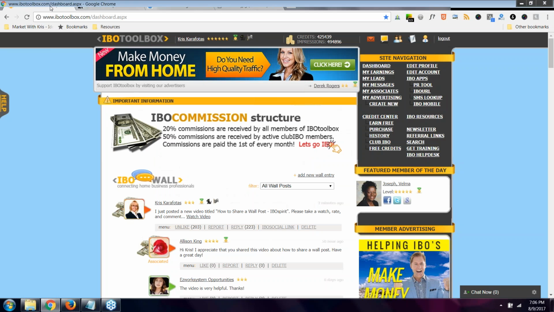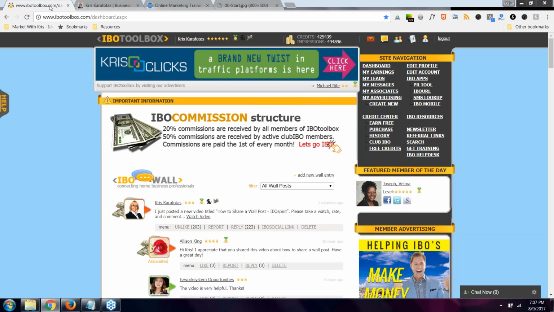IBOtoolbox is a constantly growing business building platform, and it protects its members in a safe haven environment for them to operate from. Now, you'd think that a platform of this magnitude would have a monthly cost associated with it, but guess what? IBOtoolbox is completely free. There are no levels, packages, enrollment fees, or anything like that. IBOtoolbox is a 100% free platform that's not going to tell you to upgrade after you join, and all members of IBO have the same exact features and tools regardless of their financial situation.